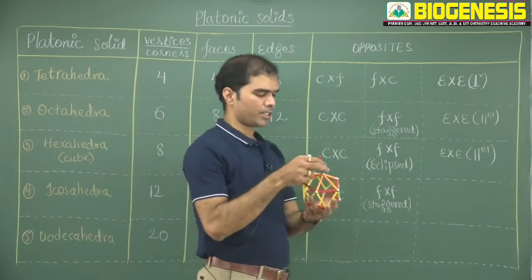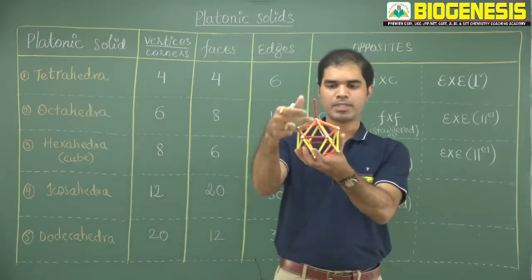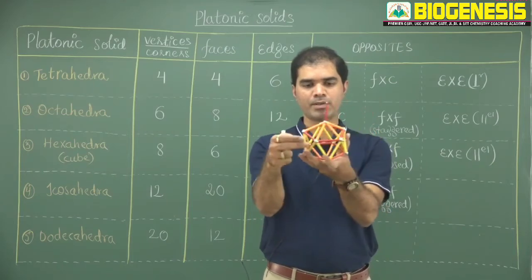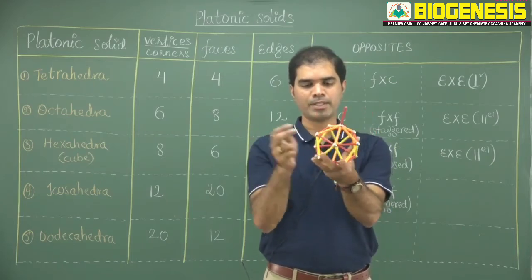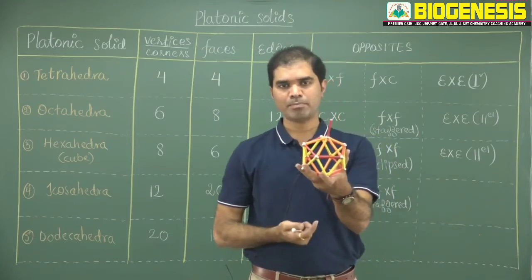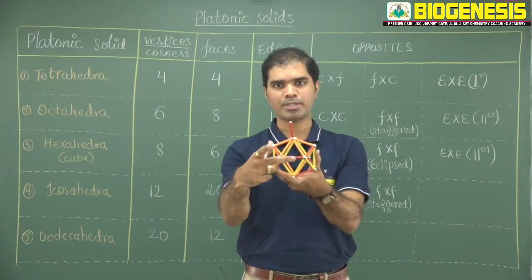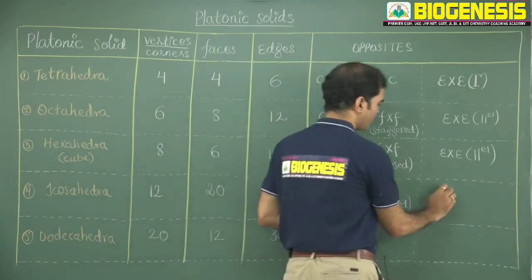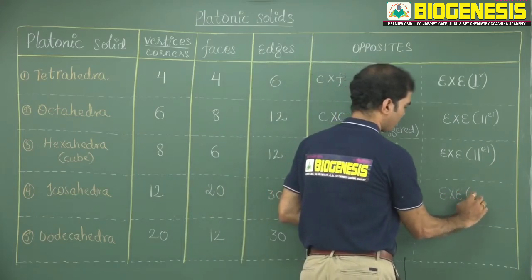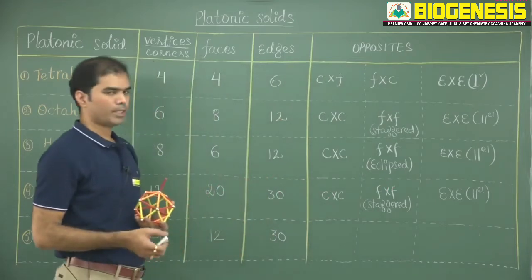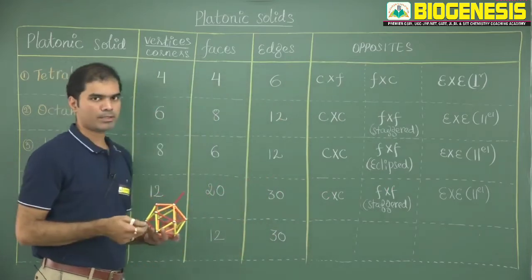Later on, coming to the edges, supposing that I choose some edge, opposite is another edge which is parallel to it, or which is eclipsed to it. Parallel, or I can simply call it eclipsed. There are 30 edges in 15 pairs and each pair is eclipsed to one another, or they are parallel to one another. For an edge, opposite is another edge which is parallel to it. Okay, so this completes icosahedra opposites.